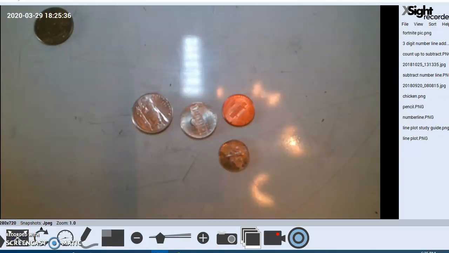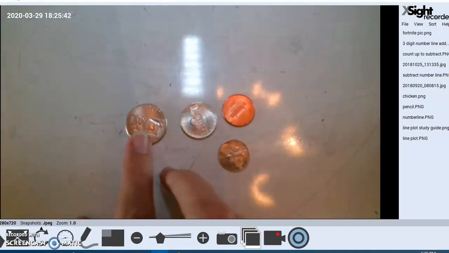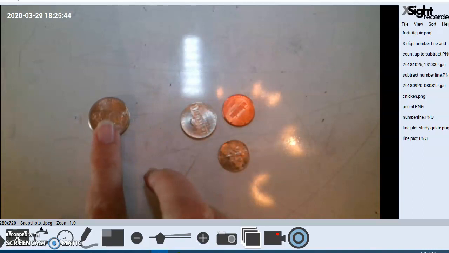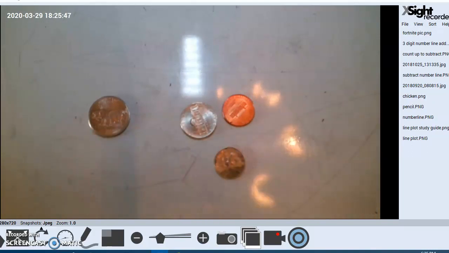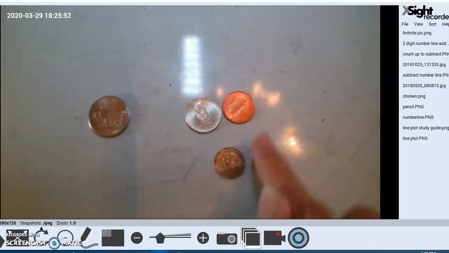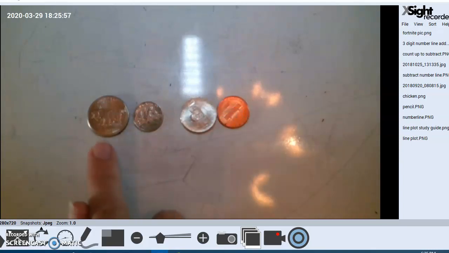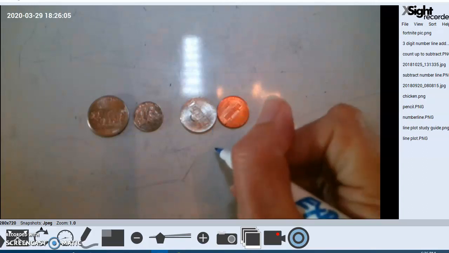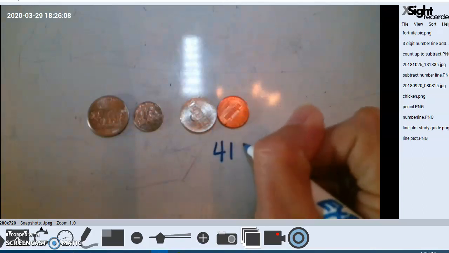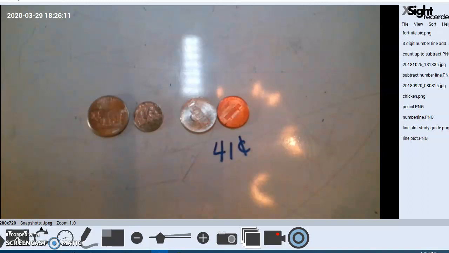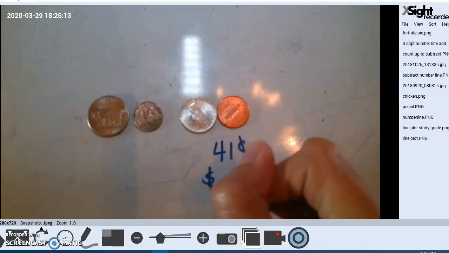Okay, same idea. Here I have a different group of coins. I'm not going to count these. So quarter, that's the largest, 25. Then I'm going to go with my next highest. Well, if I look at that, the dime is worth 10, the nickel is worth 5, the penny is worth 1, so plus 10. So I'm going to line these up in order. So 25, 35, 40, 41. So I would write that the value of these coins is 41 cents, or I could also write it with a $ sign,